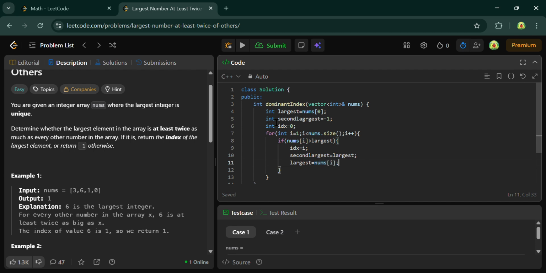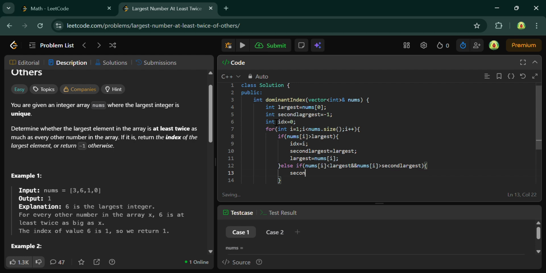Okay, else if you have to check the condition, if nums of i is less than largest and nums of i is greater than second largest, then you have to do second largest is equal to nums of i. Okay,